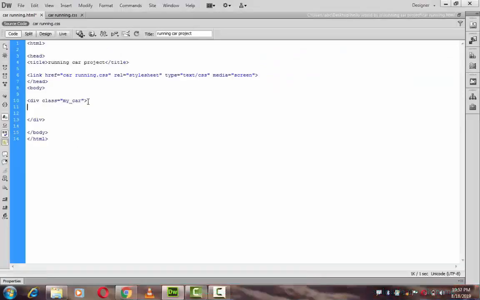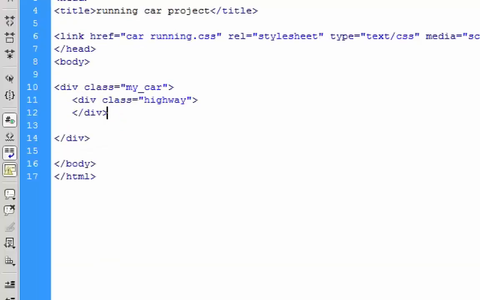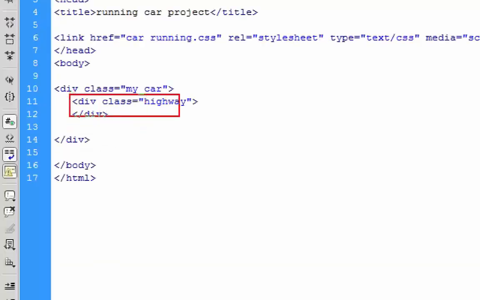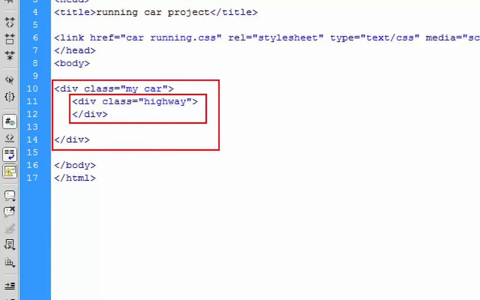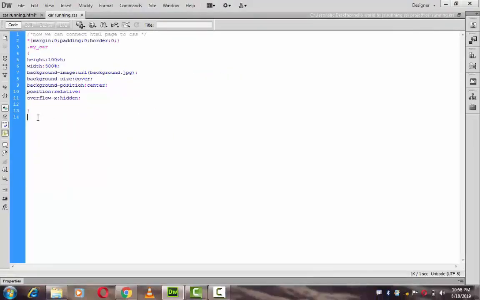So for that we use it, and after that we use another div inside, that is the highway div, so that we can represent the highway of our image. So I just close the div here. This div is present inside the car div. So this is the first div and this is the second div; there is a main div here, and after that I create